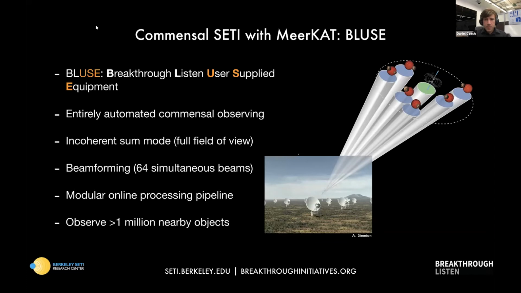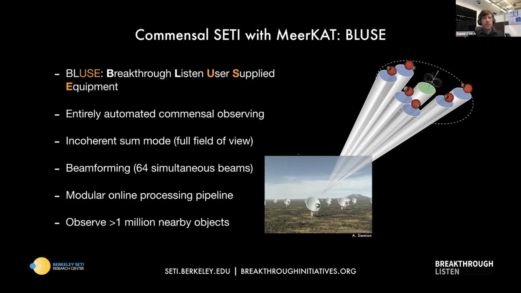In this image on the right, you can see an example of the telescope looking at a primary target of interest, which might be a pulsar. Within the primary field of view, there are targets of interest for SETI observation, and through electronically steered beams,